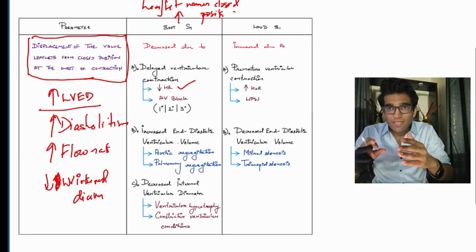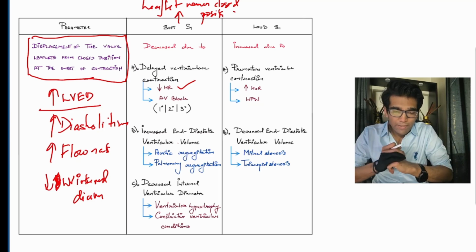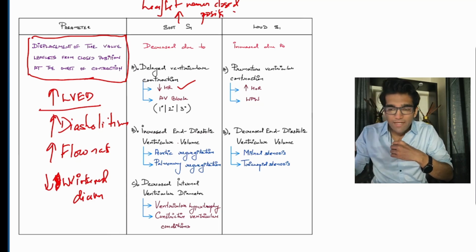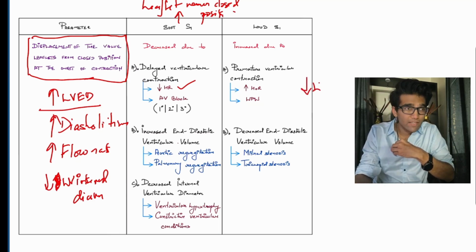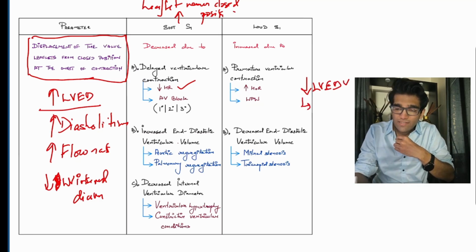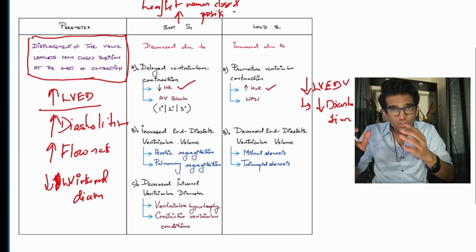So this happens when there is an alternate source of filling of the ventricle during diastole. Okay, so that is the case when you have aortic regurgitation on the left side and pulmonary regurgitation on the right side. Okay, then lastly, LV internal diameter can be decreased if you have ventricular hypertrophy or you have a constrictive cardiomyopathy. Okay. Now, on the flip side, what if you have decreased LV end diastolic volume? Okay, so this would happen because either there is a decrease in the diastolic time, as would happen with an increase in heart rate, that is tachycardia, because diastole shortens out of proportion to systole